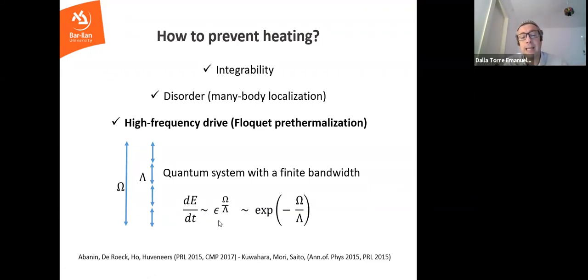And this is clearly an exponent. Epsilon is smaller than 1, so this is an exponential suppression. That means that if you drive the system fast, then it will absorb energy slowly. The energy absorption is very small, and then maybe you can do interesting stuff before you reach the infinite temperature ensemble. Actually, one can make this a rigorous theorem for quantum systems, like spin systems, in which each degree of freedom has some energy, and again, you are trying to absorb a huge chunk of energy by very small bites.